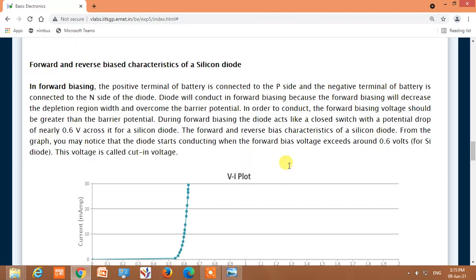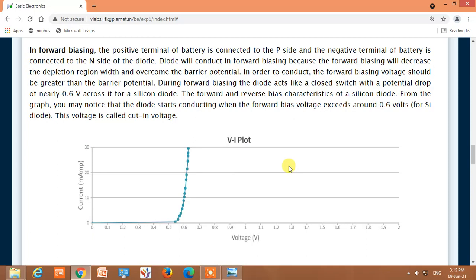Now we will see how to plot the characteristics of a PN junction silicon diode. Using this graph, we say that after a forward breakdown voltage, or after a barrier potential of 0.7 volt, a large current flows through the diode.